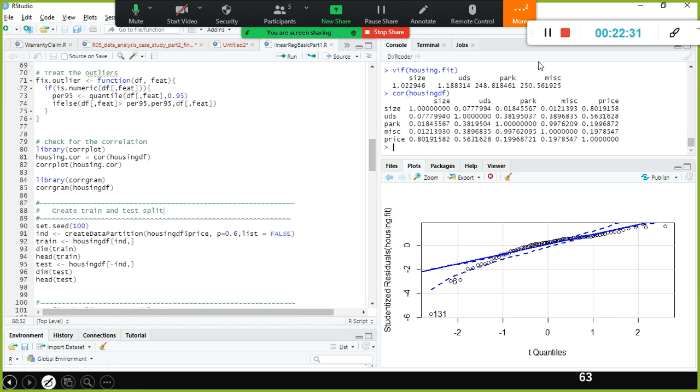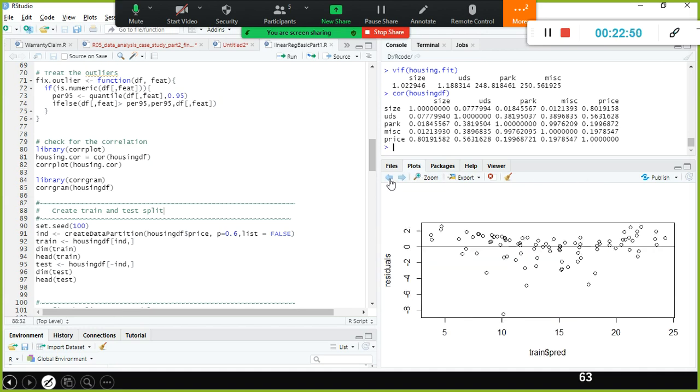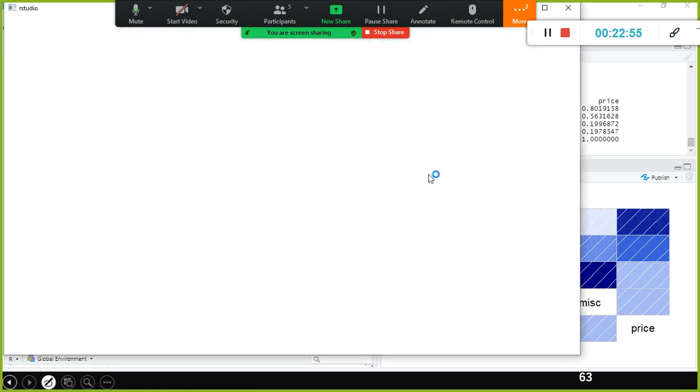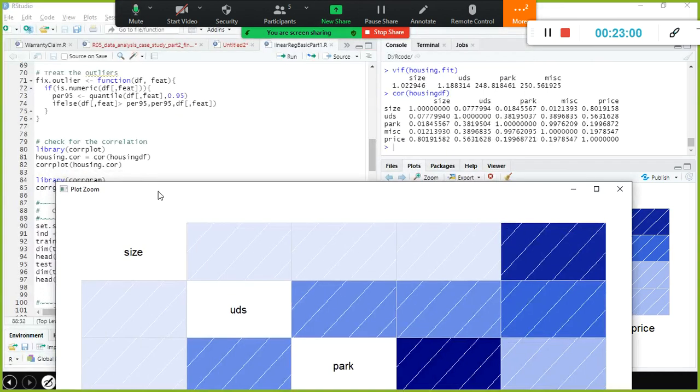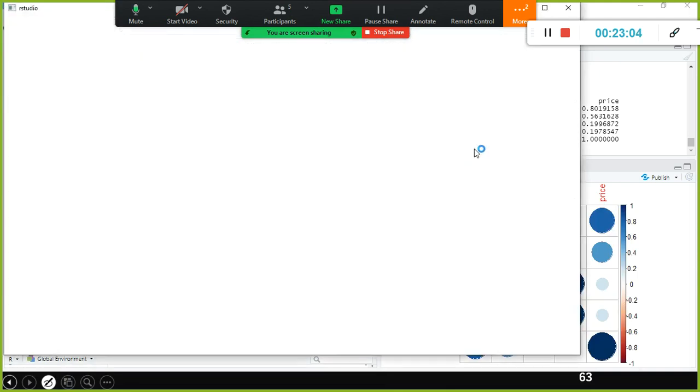But another rule is there should not be any correlation between the independent variables. These two variables are not supposed to be correlated, and these two are not supposed to be correlated either. Now I will go back to this chart. I executed the code from the top, so it would have executed the correlation plot also. Now you tell me which independent variables are correlated. The corrgram is not much helpful. The corrplot is very helpful.